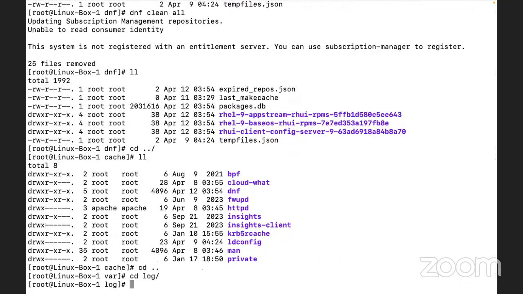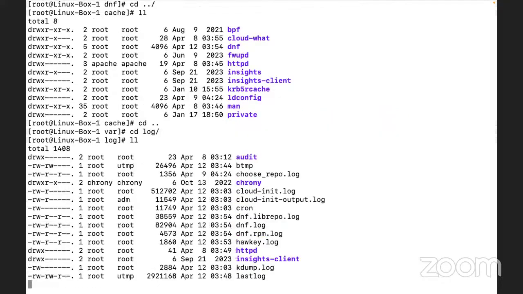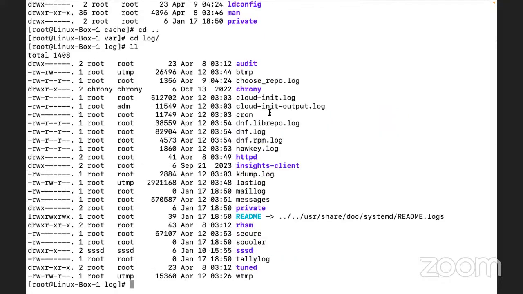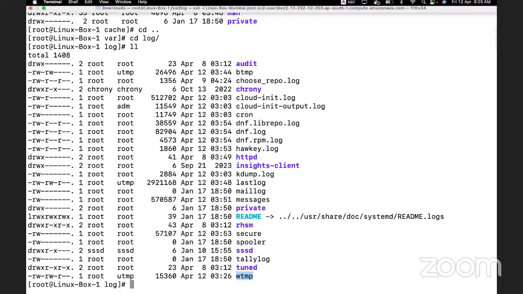Now, if you want to see the logs, all the system logs are available here. For example, you want to see the audit logs, btmp, like when a user logged in, a successful login, a bad login, or a user provided a bad password. Then after here, you have wtmp, tuned, ssh, secure. So these are the particular log files. Gradually, when we talk about log management, we will read these particular logs in detail.